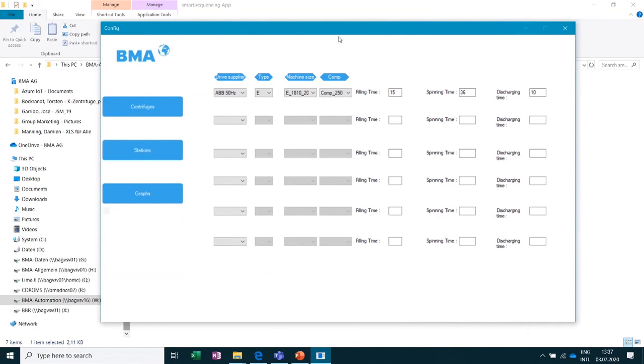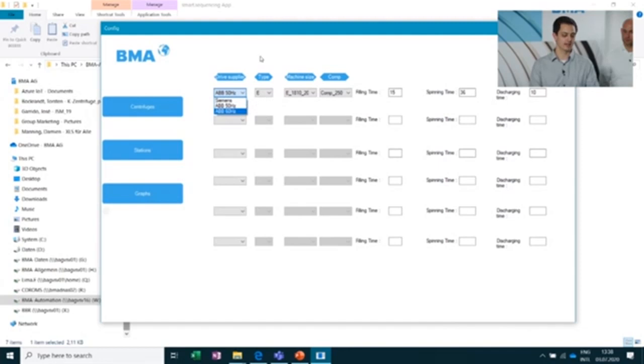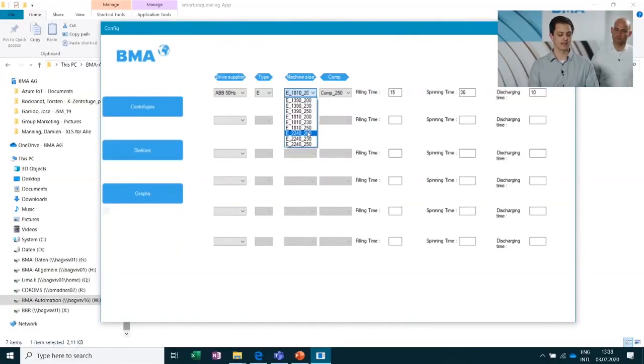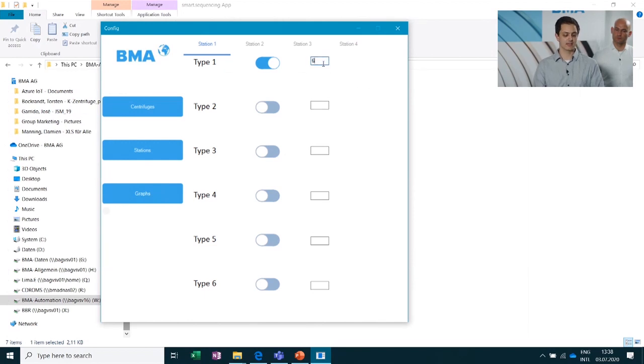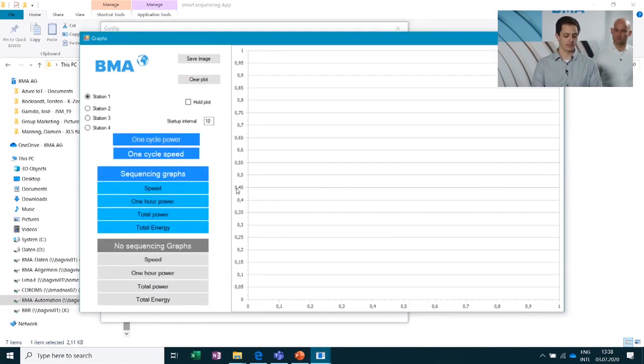Yeah. So a lot of them would like to know exactly how much energy we are having, how are the peaks before, how are the peaks after. And it was really important for us also to better understand this and to develop a tool where we could calculate this. So here we can say the type of the motor, who is the manufacturer, also the type of the machines, and say here again if it's 210 or 250, if it's the E2240, for example. And by doing so, we can also configure here different stations, and we can say the number of machines, and we go into the graphs.